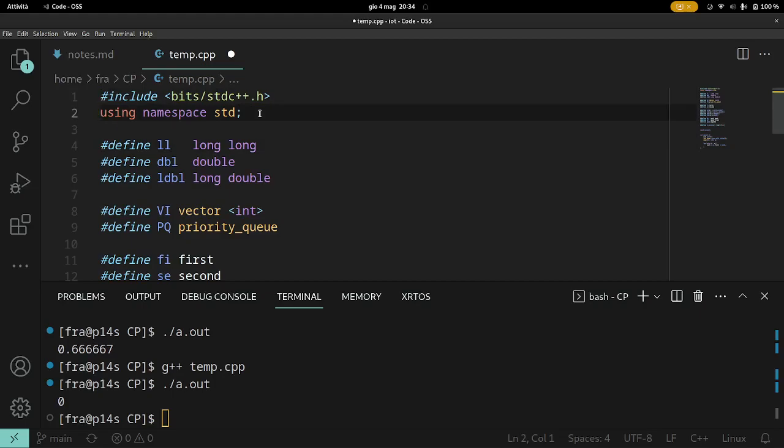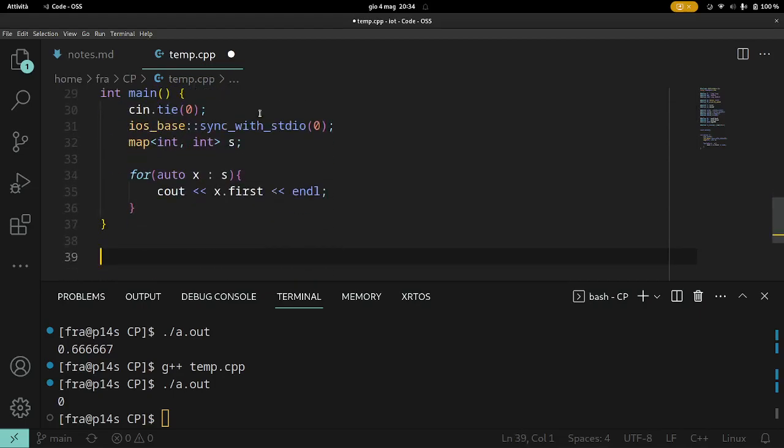It is a more difficult concept with respect to the normal library, but take it as granted, use it, and it's better. You just copy those two lines for C++. If you work in a company, maybe you should know more about this stuff. But for contests, it's totally fine. For the purpose of contests, you just include those two lines and you're fine.